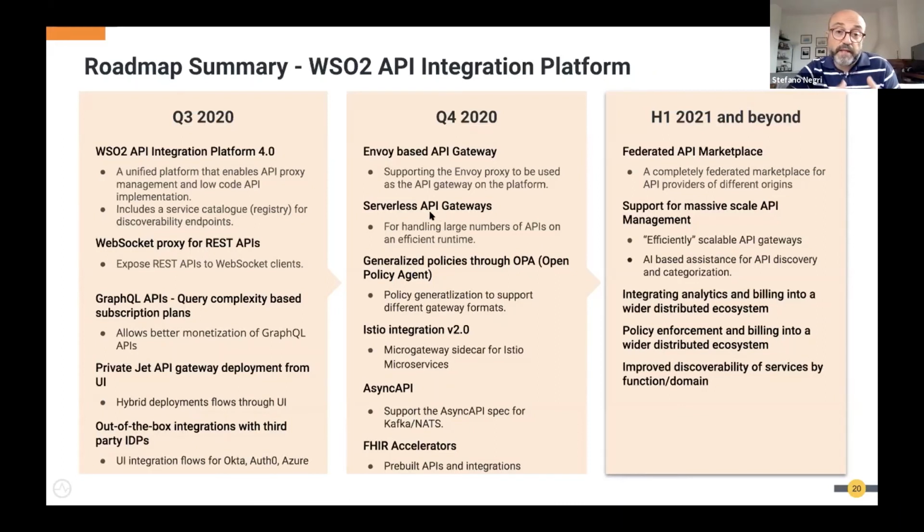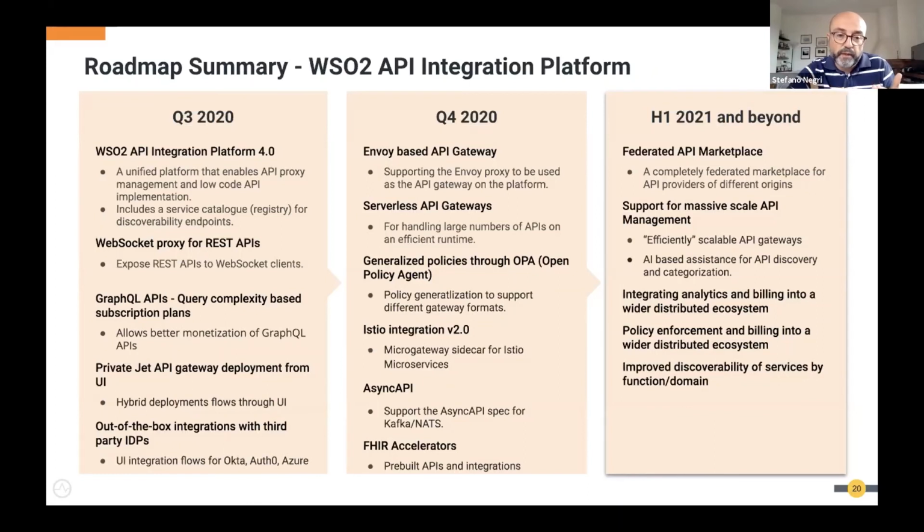And in this direction, we will have serverless API gateways. The Istio integration will be upgraded following Istio updates. There are Istio changes going on, and we will follow Istio in this journey.